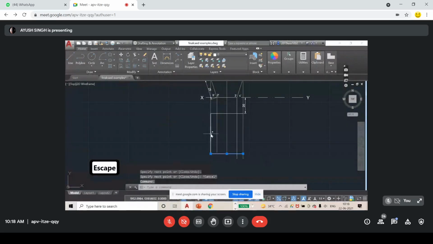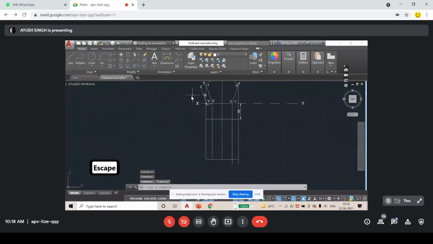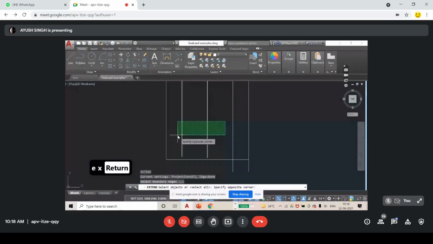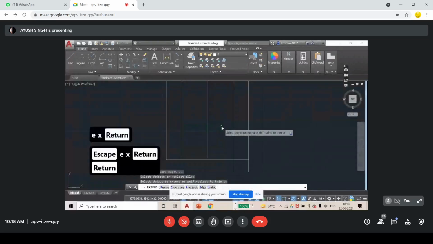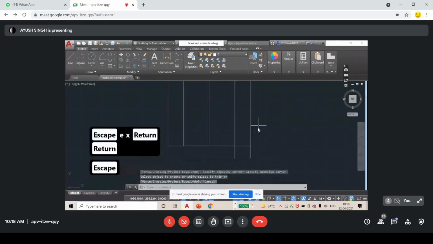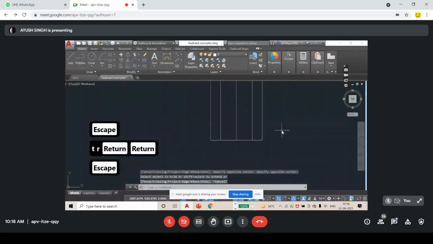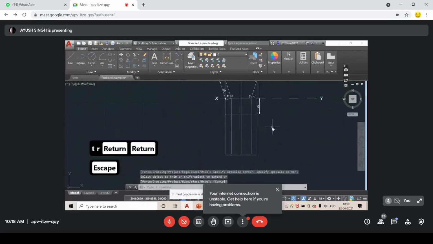Leave it, you don't need to highlight anything. Just enter, double enter, EX, enter, enter. See, these are connected now, and this is outside, so I will trim. TR, enter, enter, trim. Okay, it's done.